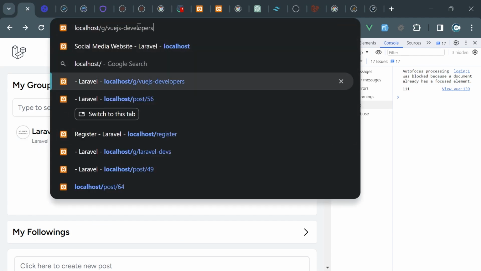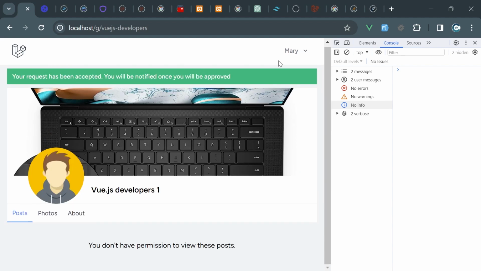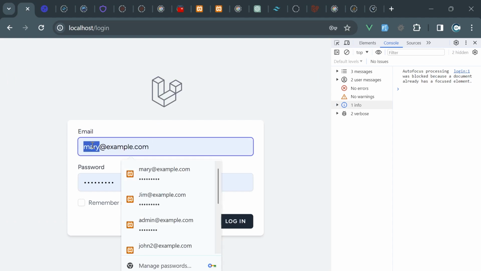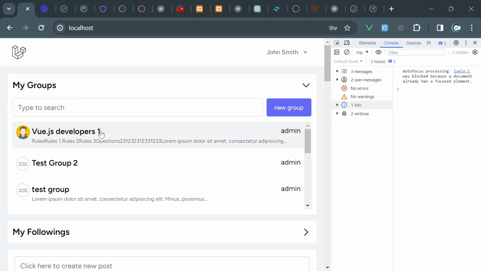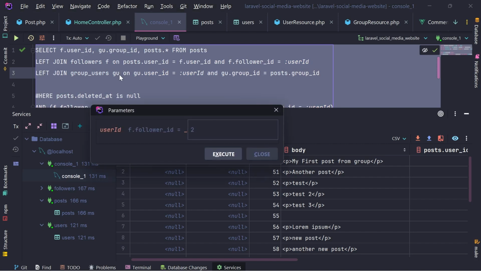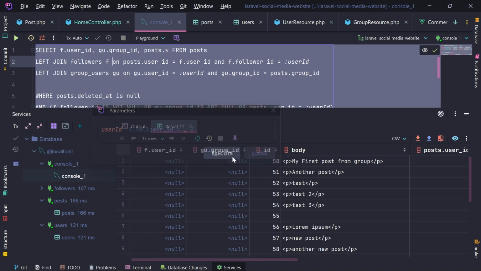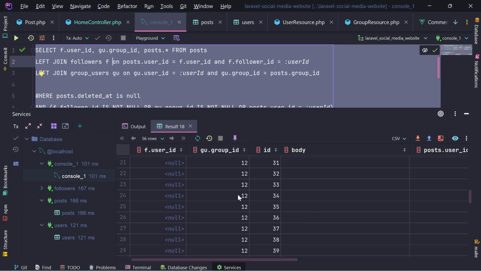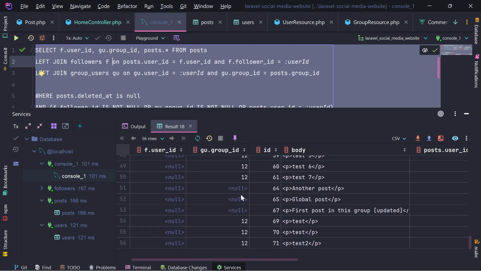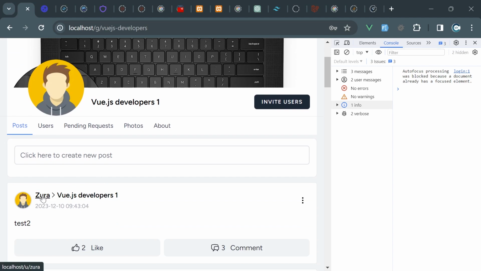Okay, we need to request to join Vue.js developers. Let's approve that join. Now if I execute this query, previously we had only 15 rows, but now we're going to see 56, because there are a lot of rows in the Vue.js developers, and now Mary has access to them as well. So Mary will now see posts created by users inside this Vue.js developers, but